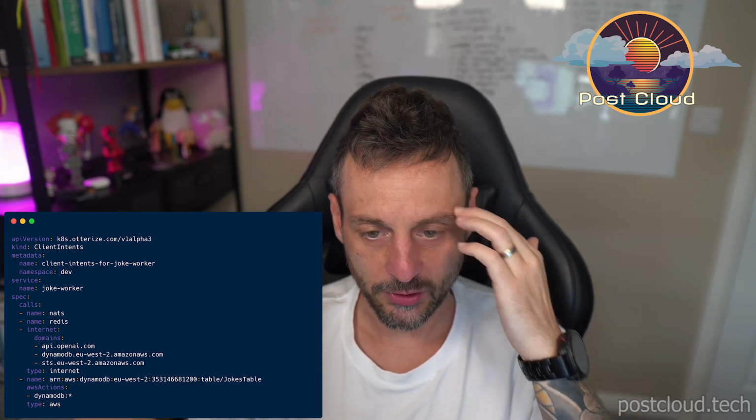And there is a command line, which is called Otterize network mapper, and you can use this also open source. You can use the network mapper as a command line to create your client intents as detected by your network mapper. So you can either create the client intents like we see on the picture here, or you can also draw a JPEG format visualization, with these nice diagrams, who's talking to who.